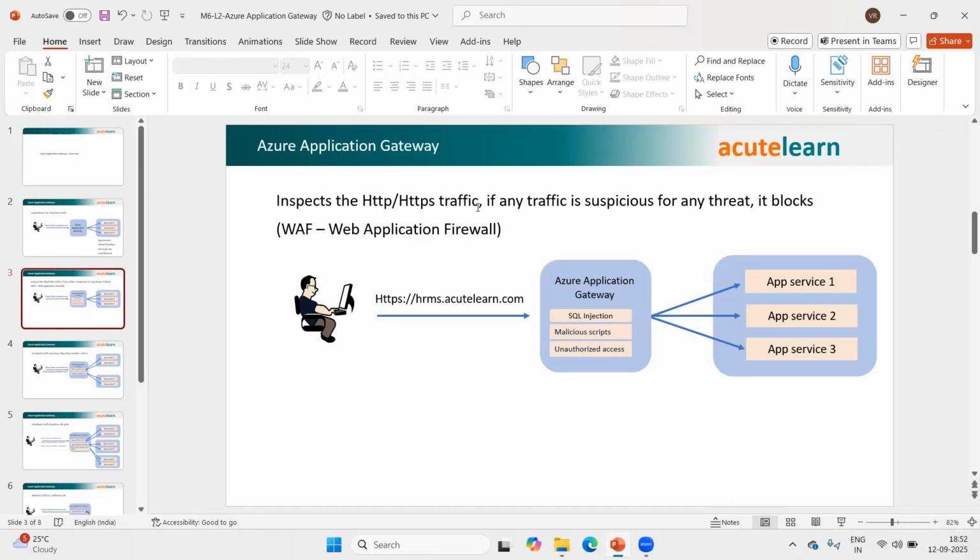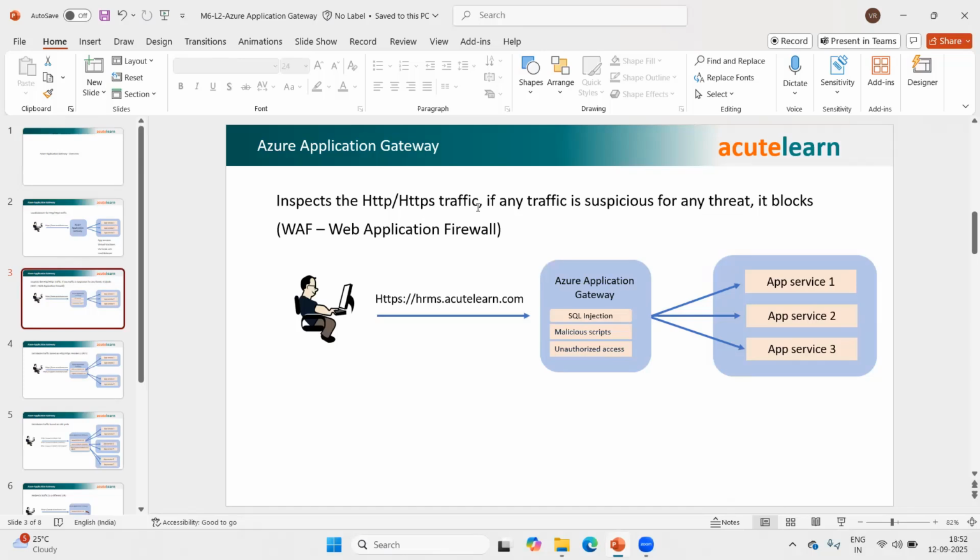I just want to check what you are carrying. Then he checks inside the bag, and if there are dangerous items within that bag, he can say, sorry sir, you're not allowed to carry this. Similarly, in web applications,